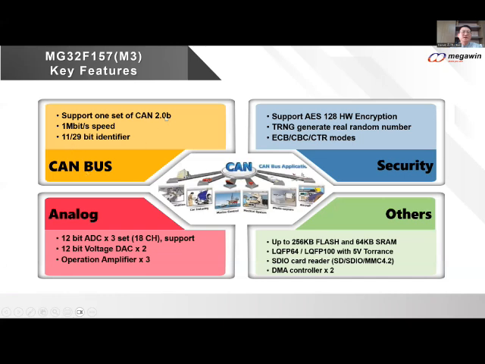Okay, so CAN bus 2.0B, and we have many analog peripherals, like 3 sets of 12-bit ADC, and we have 2 DAC and OPN, embedded 3 OPN in this MCU, and support the AES-128 hardware encryption and real random number generation, and some of